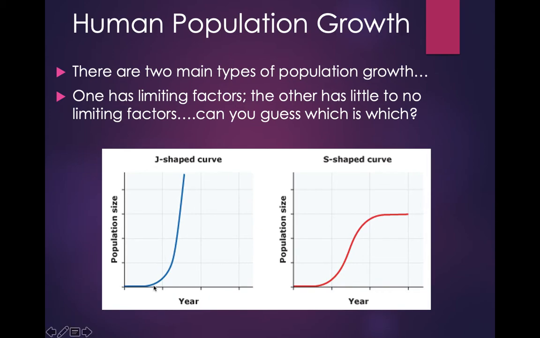Now, our J-shaped curve and our S-shaped curve, as we call them, if you haven't guessed, the J-shaped curve that is an exponential curve has little to no limiting factors. Because of that, we have no limits to our population growth. Human population is currently following an exponential pattern. An S-shaped curve, on the other hand, the S-shape is a logistic curve. So the population rises very steadily, but as it approaches a certain level, okay, those limiting factors are going to kick in and kind of level it off, balance it out,